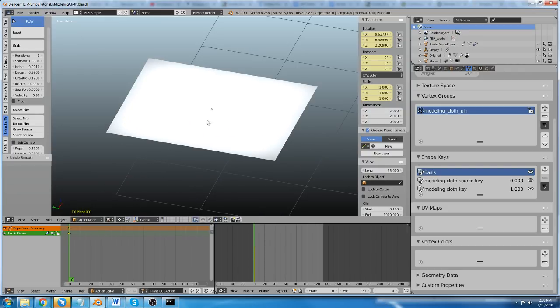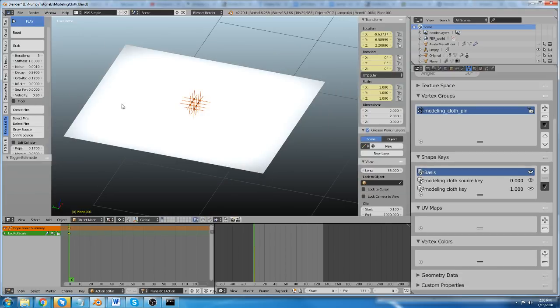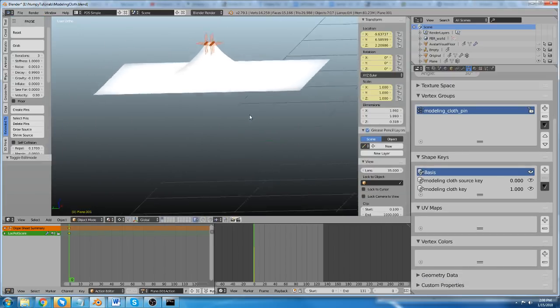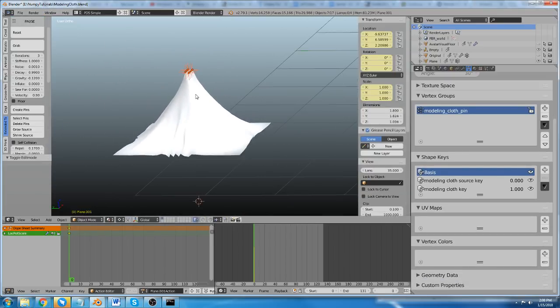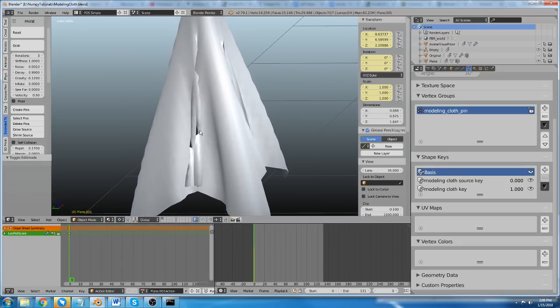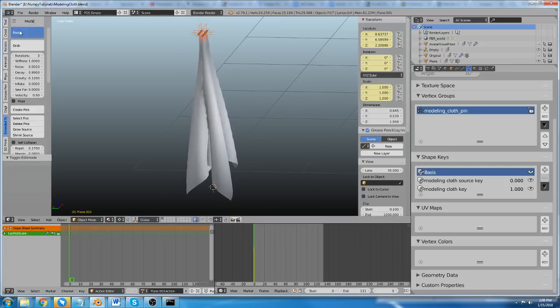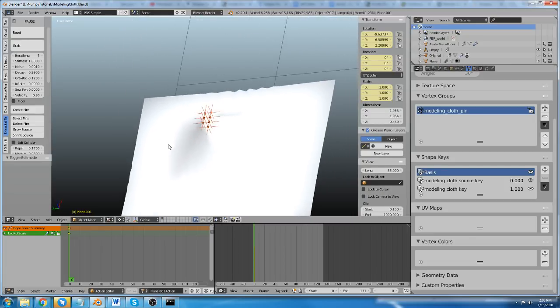I'm going to pause it and reset it. Now I'm going to pin selected, and now theoretically when I start, alright, so it's falling like I would expect. And you'll notice that the cloth is going through itself like you would expect if there's no self-collisions turned on. So if I enable